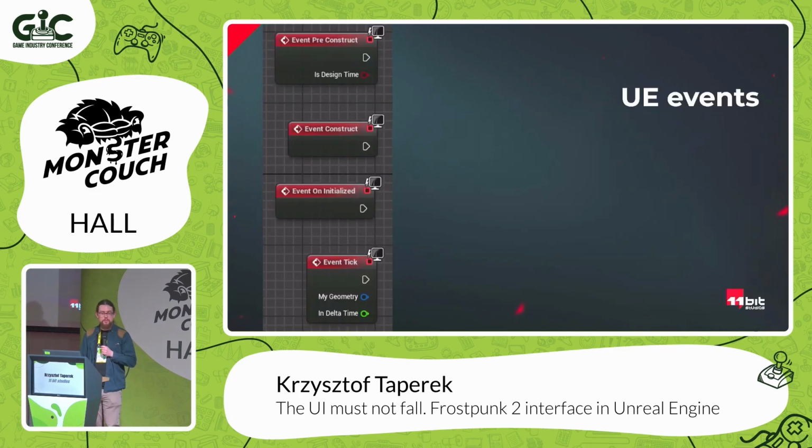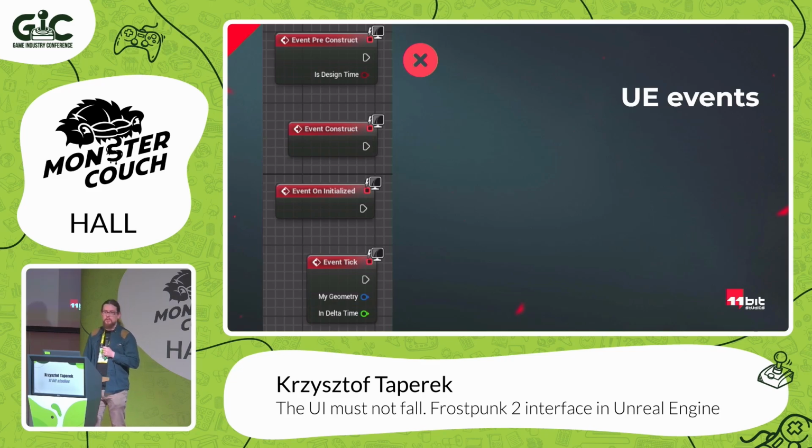Let's talk also about UI events that are available in the widgets by default. So first in the flow is called PreConstruct. It's called in editor and in the game. It could be called multiple times. It's called on every compile click, on every action, basically. So it's very easy to break something. So for example, if you put spawning widgets there, you can end up with out of memory in the editor. So we just don't use PreConstruct. We banned that. We don't need that for anything.